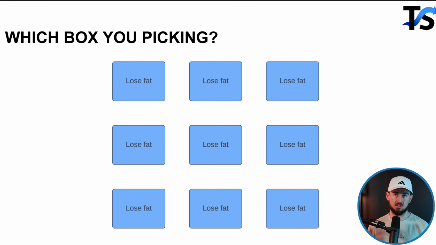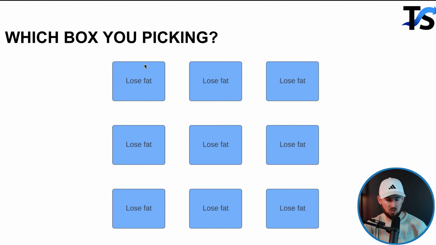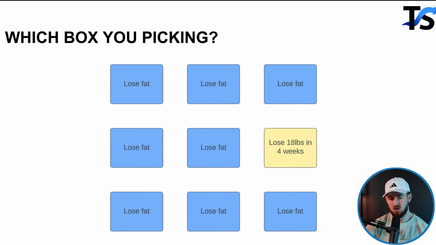So with market sophistication, it's all about being one step ahead. When I asked you, hey, which box are you picking, when we went over to a stage 2 sophistication, all of a sudden this particular brand is doing way better. Why? Because they're doing something different. They're saying something different that makes them stand out, right? So that was probably a portion of y'all that actually chose this right here.